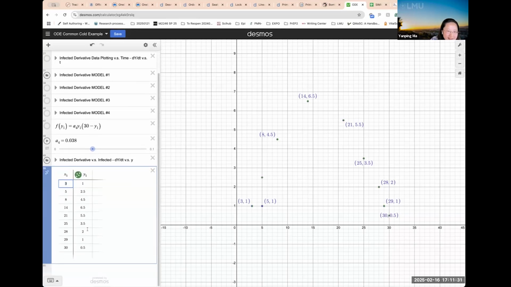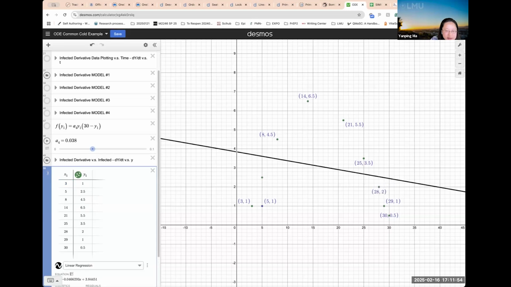It'll automatically form the whole table for you. It's pretty nice and straightforward, which I had no idea until yesterday when I was at another talk of this conference. So once we have the data inputted into Desmos, there are many ways we can manipulate it.